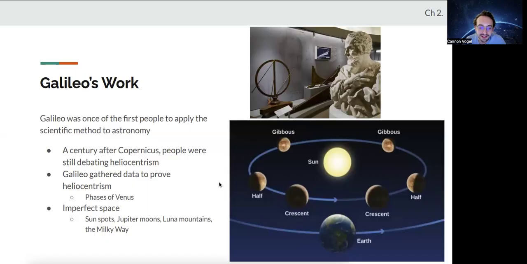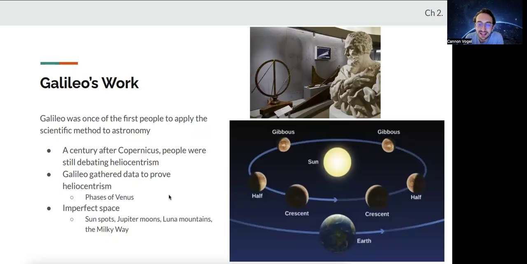So in addition to the phases of Venus, Galileo also measured a bunch of other things that are relevant to astronomy. So he noticed that there are dark spots on the sun. He found moons around Jupiter. So this was a really crazy observation that to us maybe doesn't sound very interesting. But at the time, people thought of space as a very perfect place. So when Galileo found that the sun had these weird blemishes, these weird imperfections, that Jupiter wasn't just a perfect shining object, that it actually had moons, like how the Earth has moons,